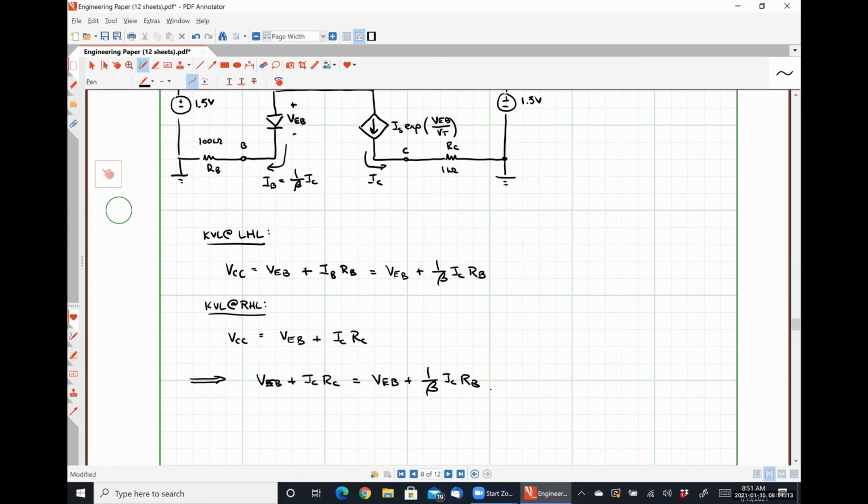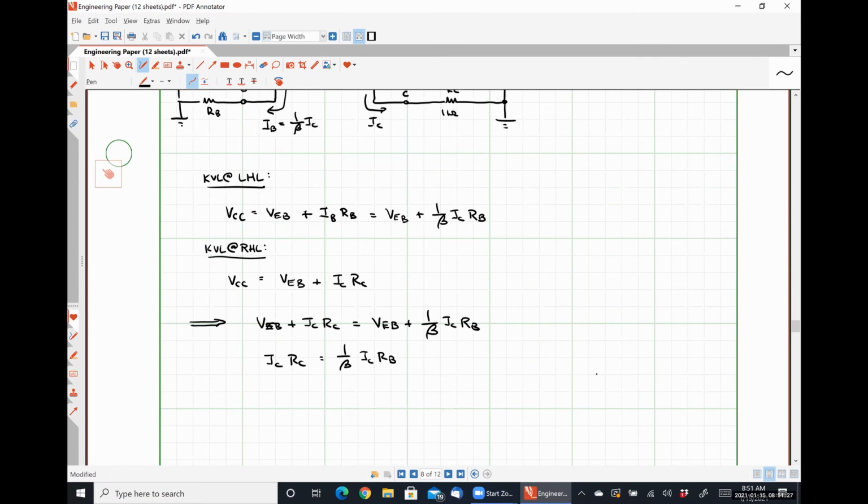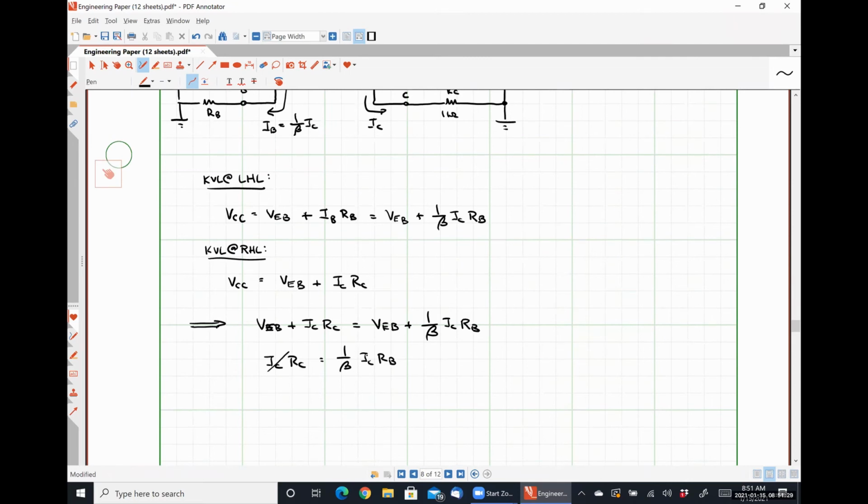I can subtract VEB from both sides, which gives me IC times RC is equal to 1 over beta IC times RB, where there's a common factor of IC on both sides, finally yielding beta is simply RB over RC, which is 100 kilo ohms divided by 1